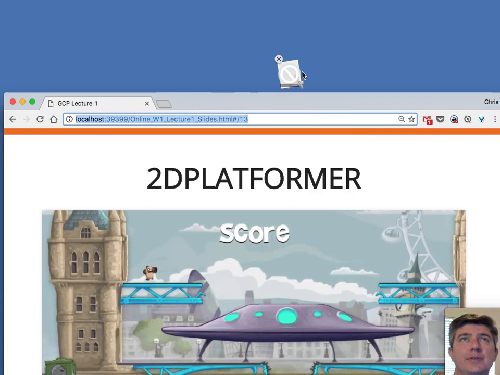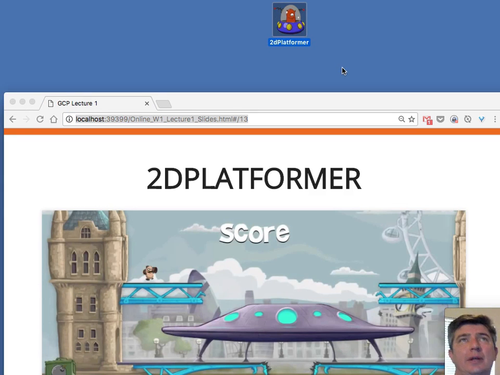So here's 2D Platformer. Please download the game, test it out, play the game. You get a really good insight into what it's supposed to be and how the music might work in it. Now, the version that you have just has the sound effects, and your job is to create the music, and eventually it will have your own custom music in it. And then next week, you'll replace all of the sound effects with your own sound effects.